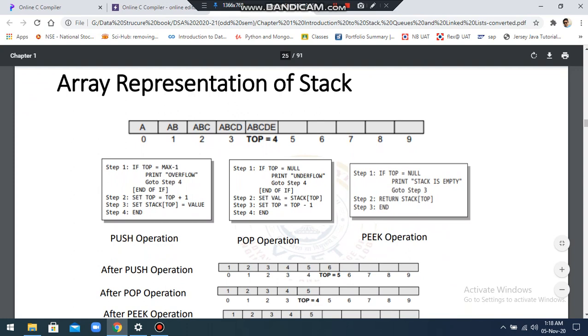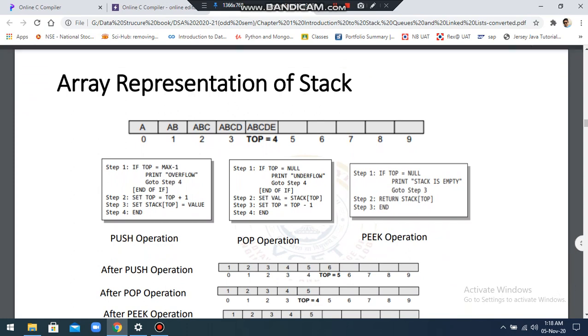So this is the algorithm for the push operation. Whenever we try to insert or add an element into the stack, the very first condition that we need to consider is the overflow condition, since we are implementing the stack using arrays. An array is a data structure which has a fixed size. So if we consider a fixed size, there will obviously be a bound on the elements which we try to insert. You cannot insert elements beyond that.